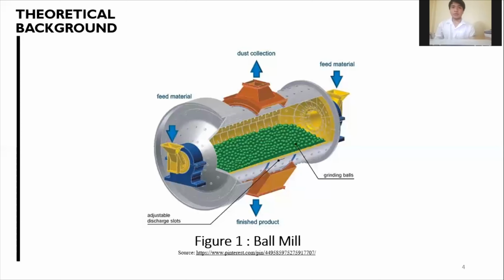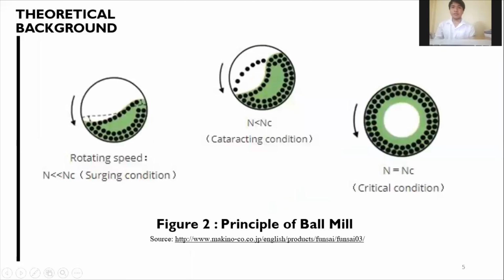Grinding is caused by two forces: centrifugal force, which causes particles and balls to roll against the grinding pot wall, and gravity force, which causes the ball to fall to the bottom of the grinding pot,